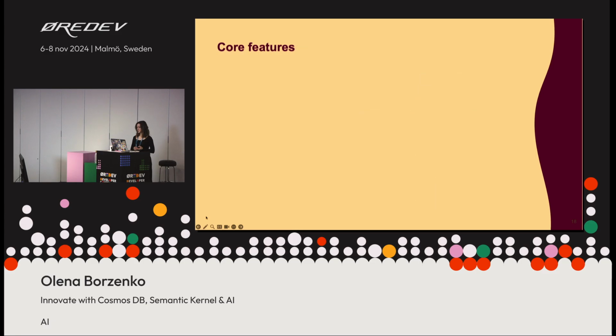The core features are, of course, AI function orchestration, so you can easily define and manage AI functions, combining different models and services. Plugins and skills: you can define functions from methods, or from prompts themselves, but you can do more complex operations using plugins.